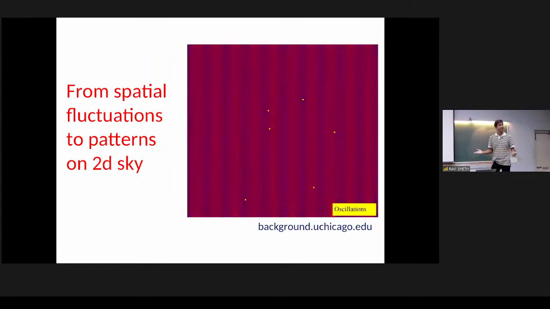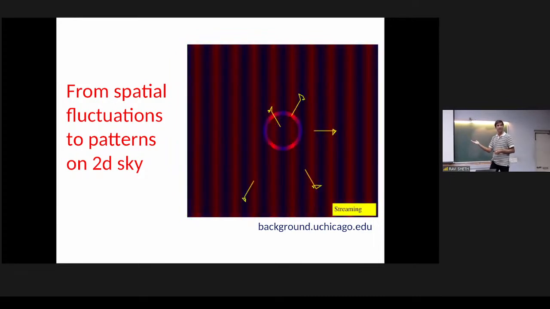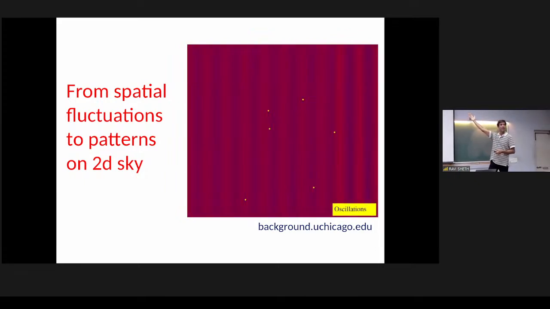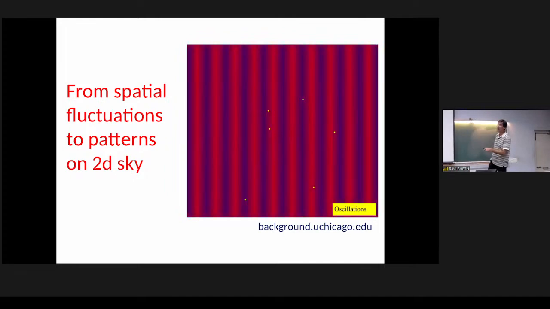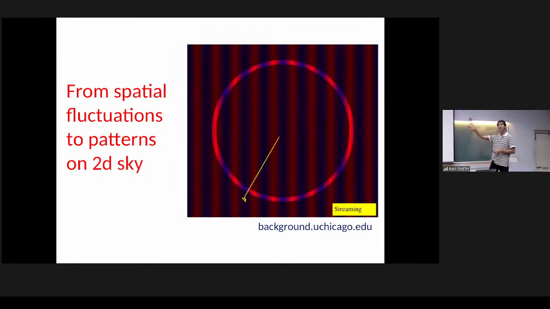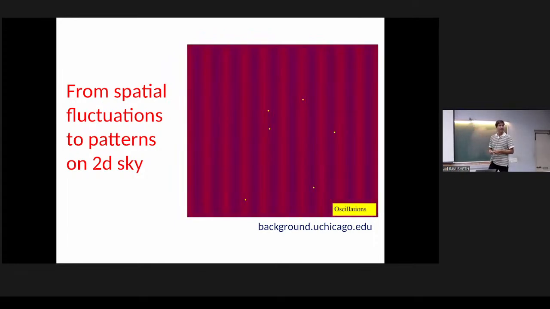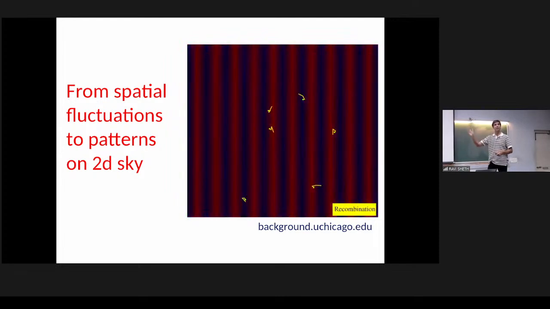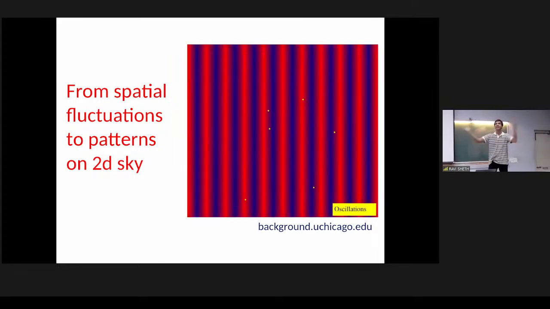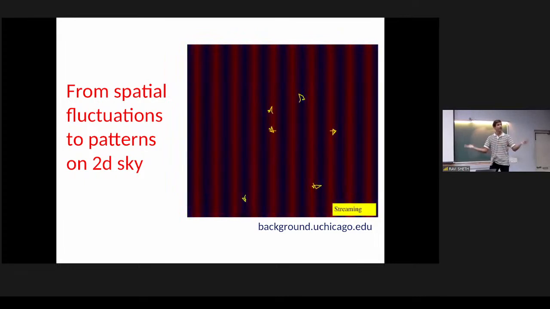And so you have a pattern on your sky, which is a pattern that was present at that early time. And it will appear on your sky as hot and cold patches. This was from one sine wave perturbation, but you could have had many different sine wave perturbations of different wavelengths in different directions. And the complicated sum of all those waves will be some complicated pattern on the sky. And that's what we see as the CMB today.